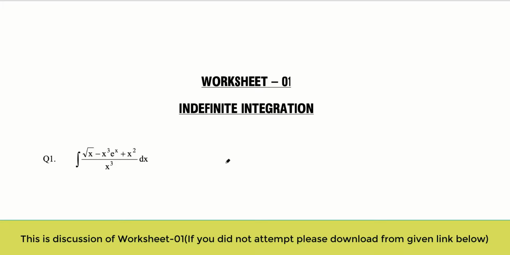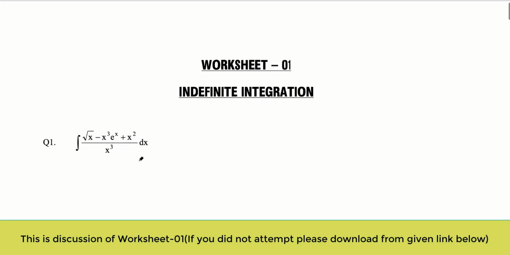So all these questions, actually, different discussion is not needed. It's a very obvious, simple question, but still I'm putting it because this is the initial lecture and I don't want to take any risk. So we can divide by x cubed, so we'll get x power 1 by 2 minus 1 by 2 minus 3, and for the x cube term, I'm dividing here, then here, then here. So that will become e power x and plus 1 by x, and that is dx.